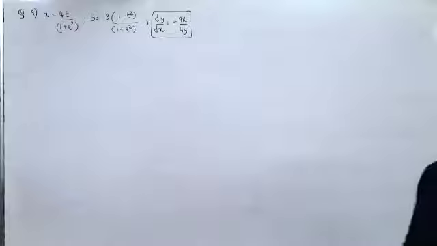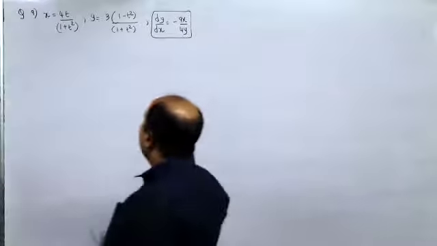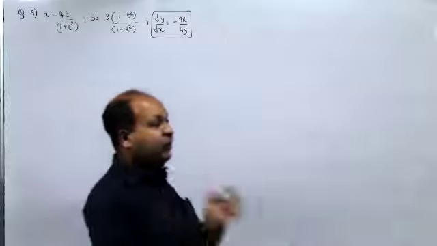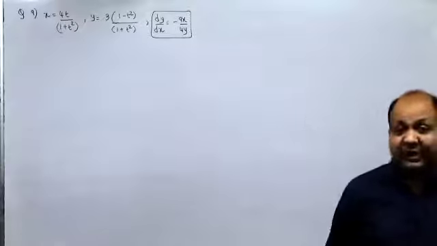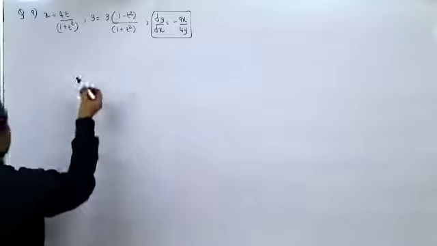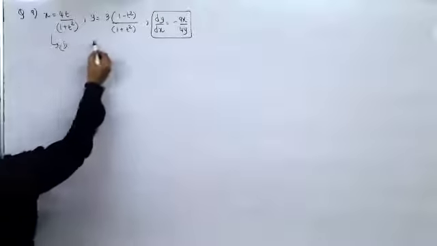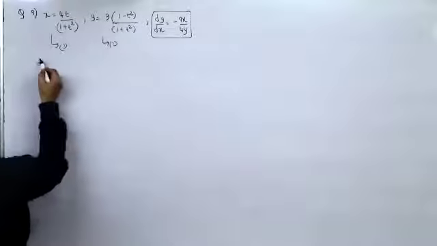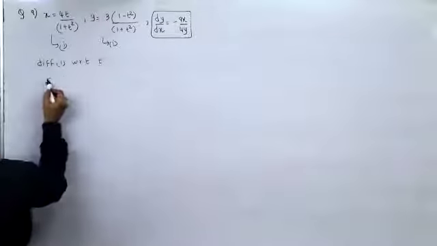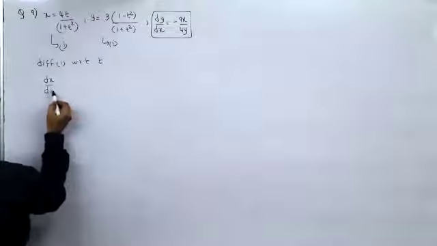Yes, sir. Okay, so here, this is x in terms of t, this is y in terms of t. Actually speaking, you could have used trigo formula here, but since you don't have trigo in your syllabus, we'll have to differentiate x with respect to t, y with respect to t, and then divide it. So when I differentiate x with respect to t, I get dx by dt equal to 4.